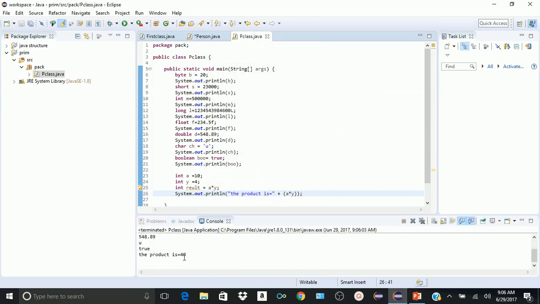See, the product is 14. So 10 multiplied by 4 is 40. So the product is 14. If you want division, only change the sign right here. So instead of asterisk, let's put forward slash. That's how division works. So let's put division here, and let's say here the result